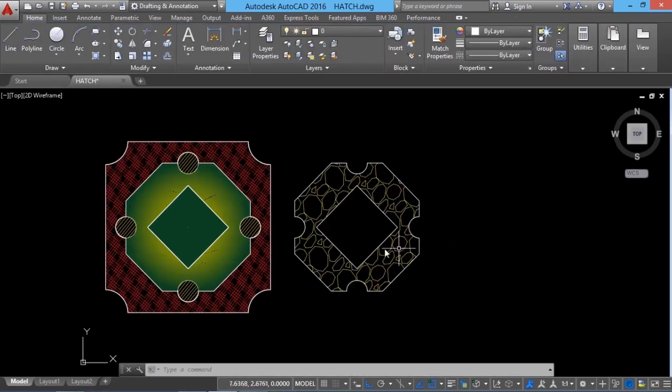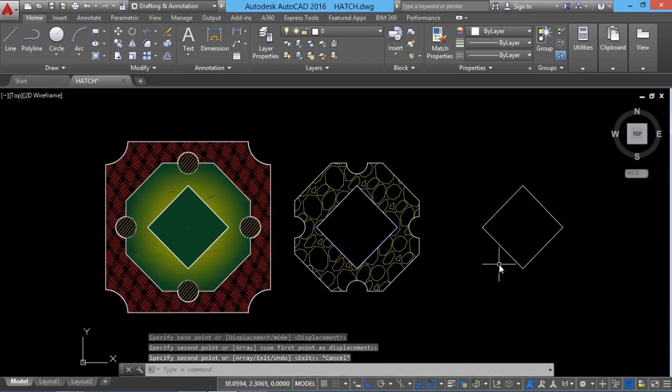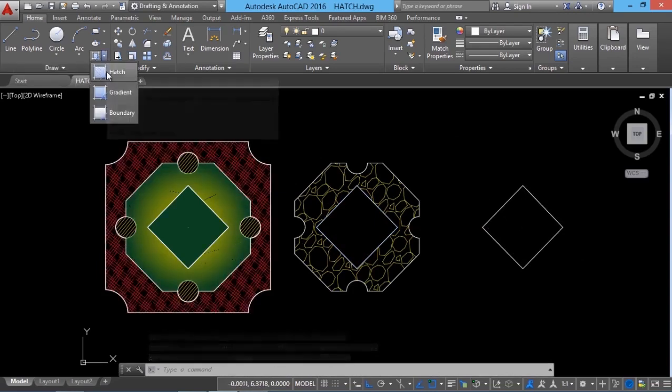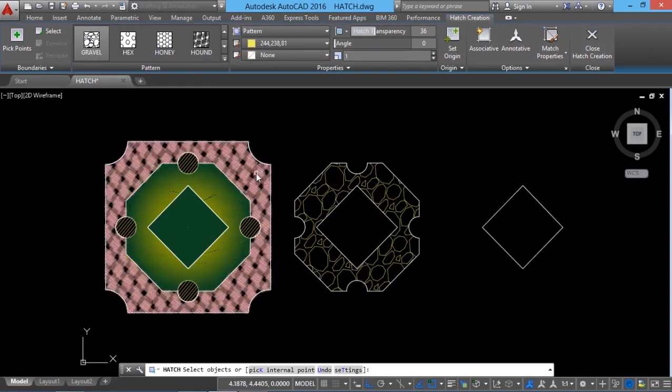Next, I'll take a copy of this inner boundary using the copy command. This is the base point and this is the second point. Now when I try to perform hatching within this area using the hatch command, let's see what happens. You can see that the most recently performed hatch pattern, which is the gravel pattern, will appear as the default pattern. Suppose you want to perform hatching within this area with this pattern and its parameters, you have an